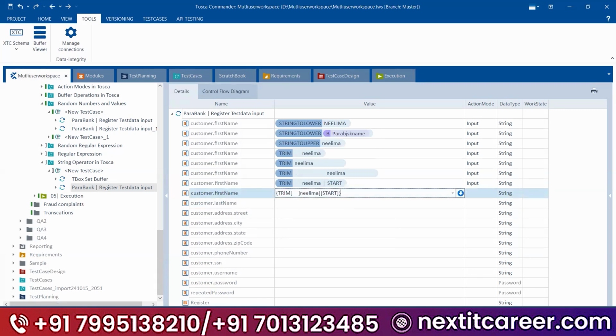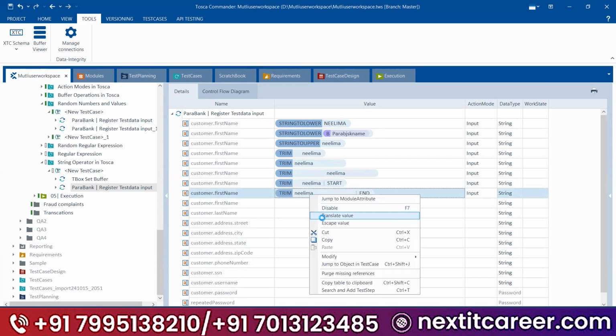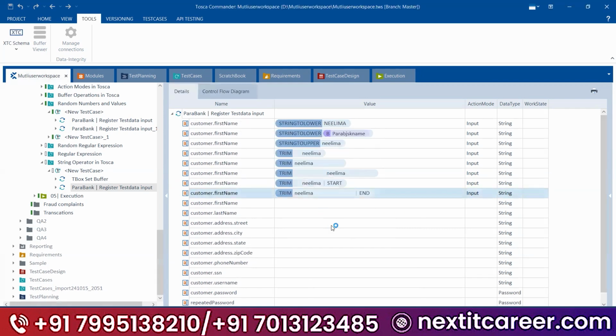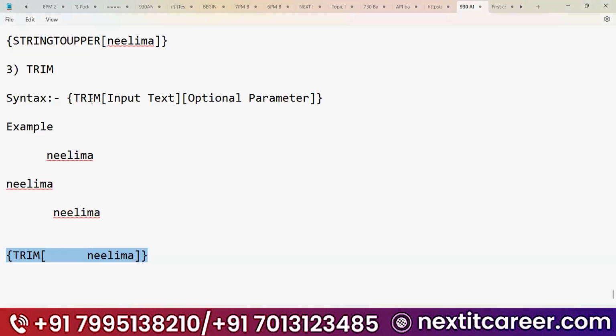So if we have the trim value at the end, okay, right click and translate the value. You will have the values at end. Okay. So in this way, you can handle any trim by using this syntax. You need to remember the syntax, guys. Very easy. Okay. So how you are remembering, that is important.